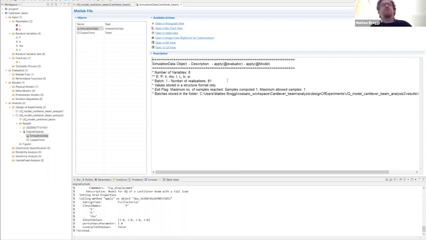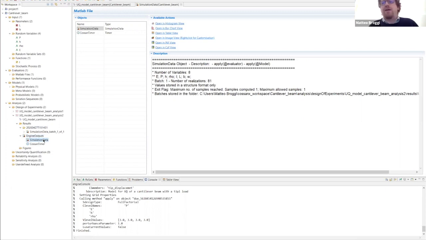What can we do with these results? Well, you see that on this side, there are not only engine outputs, but there is also a folder. What is the difference between the two? Engine output collects all the outputs that are coming from OpenCossan inside Cossan-X, depending on which analysis you're doing. What does it mean? In this case, we are just doing a design of experiment, so it's just containing